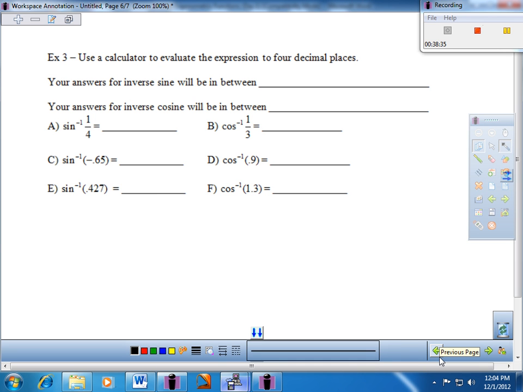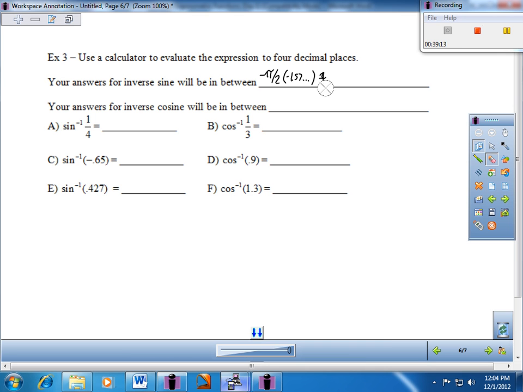Use a calculator to evaluate the expression to 4 decimal places. And let's just answer these real quick. So let me summarize this piece. When we do the inverse sine or the inverse cosine, the calculator is programmed to give you one of an infinite number of angles that have that particular ratio. The angle is in the intervals that we defined. For sine, your angle intervals are from negative pi over 2, which is about negative 1.57,